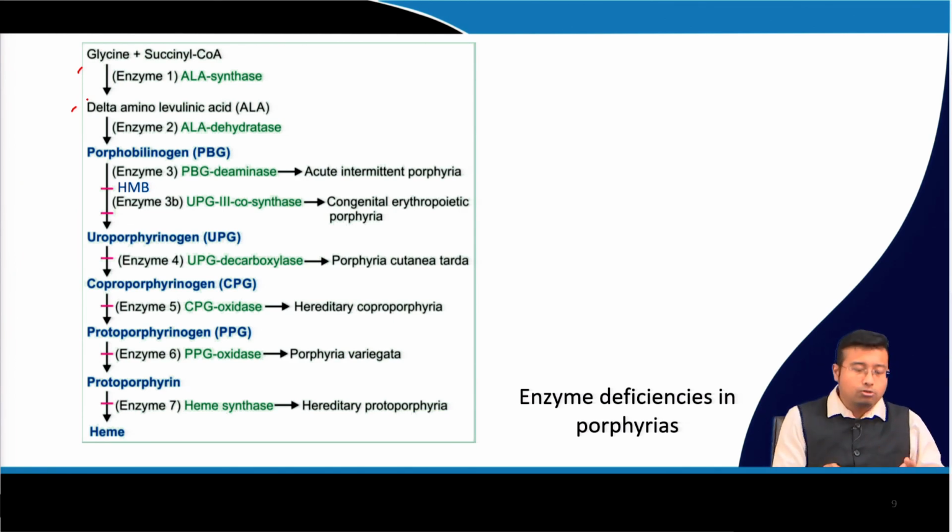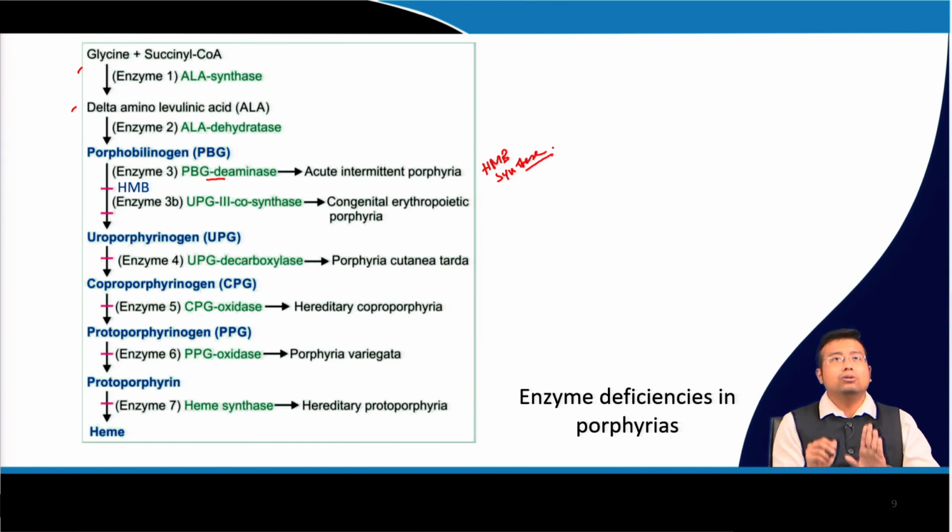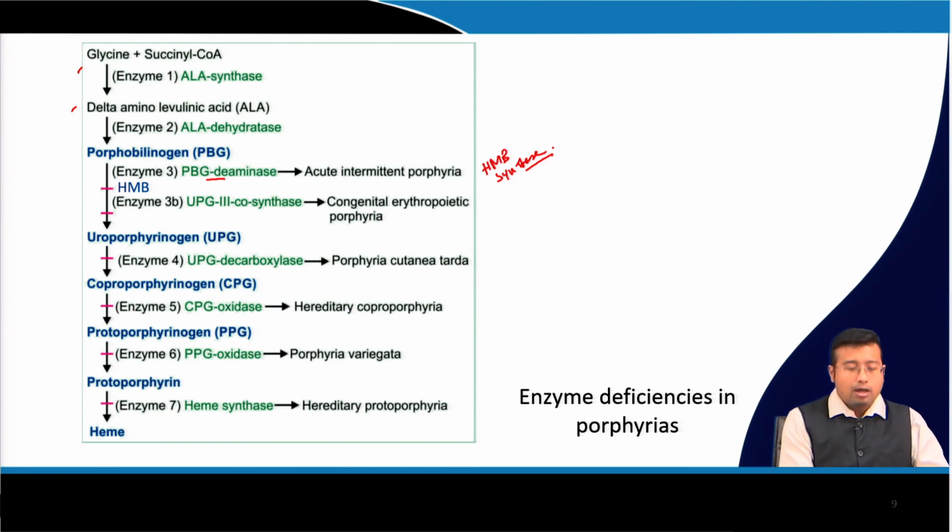It is caused due to the deficiency of the enzyme porphobilinogen deaminase or hydroxymethylbilane synthase, HMB synthase, same enzyme. HMB synthase deficiency leads to acute intermittent porphyria,